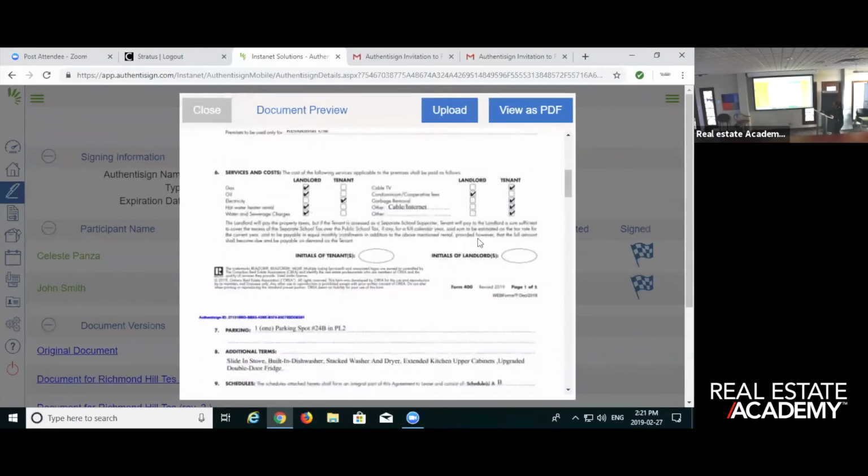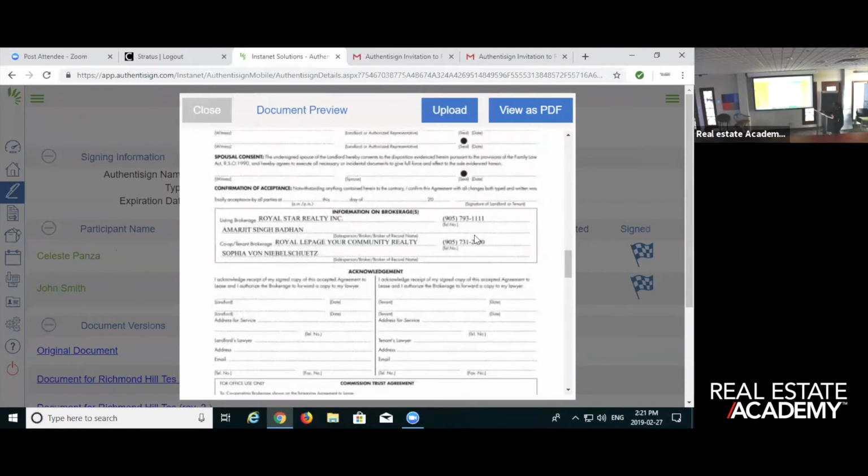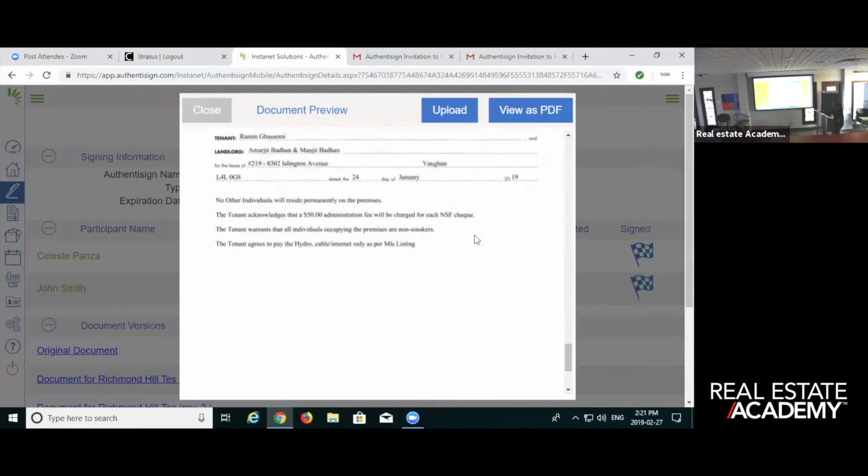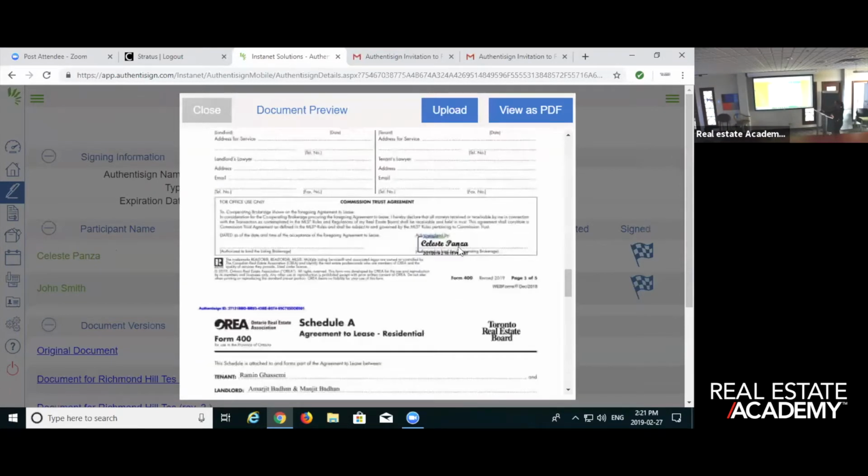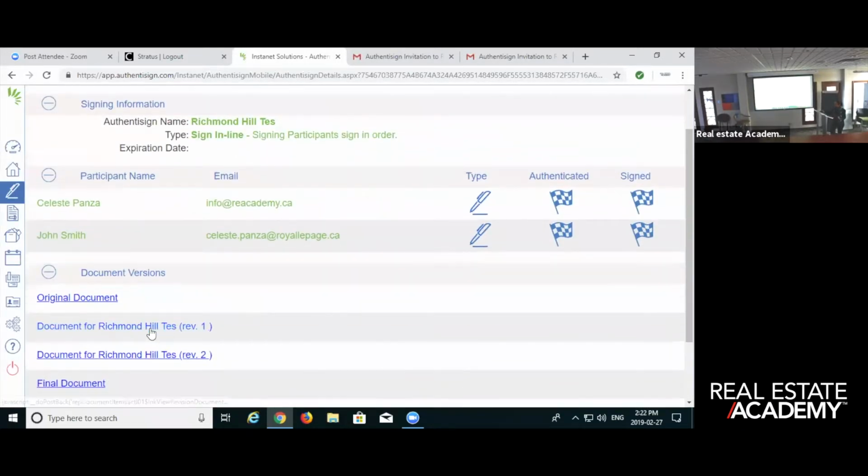So look, I only see Celeste because it's a one signature. I only see her, where did it go? I just passed it. There you go. So there's Celeste. And you see that little time, date, all that information never comes out properly. I don't know why. It's actually showing right now 10:13 p.m. It's not. So let's position our signatures and our dates and our times, because this will save us headaches. Okay? So I can see where Celeste signed, and if another CP signed after that, then I can see